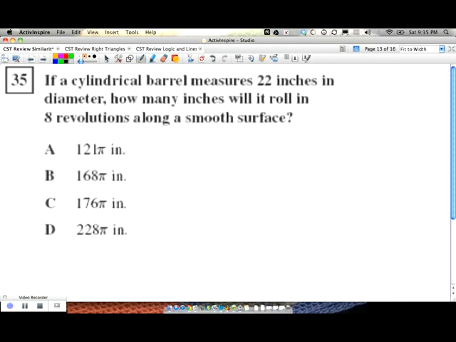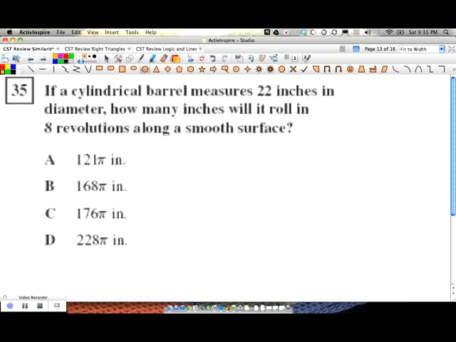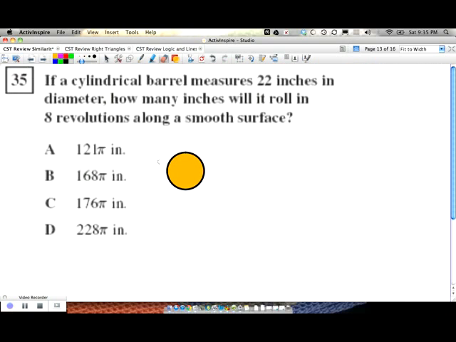If a cylindrical barrel measures 22 inches in diameter, how many inches will it roll in 8 revolutions along a smooth surface? Well, let's look at a circle first. So I got a circle. And if I roll it, what's going to happen is, let's say I take a red dot here, or actually, if I were to take just the eraser sign, it's as if this was going to go around the whole way